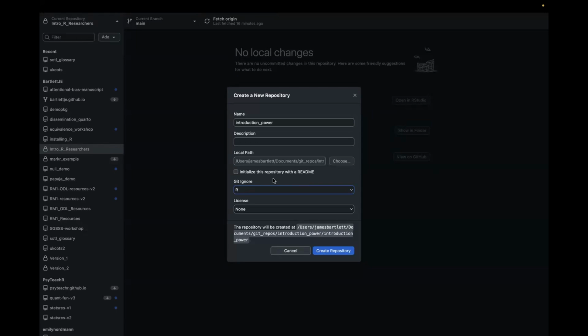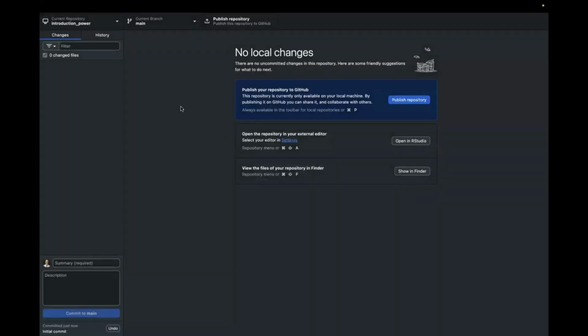And it makes our lives easy if we do it at this point, before we start committing the changes, as if you already track a file and then no longer want to do so, it takes a little bit more of an advanced understanding of GitHub to be able to ignore that file and stop tracking it. Once you've already checked it out, it will always want to track it unless you say otherwise. So we're just going to add this gitignore function here. So if we click create repository,